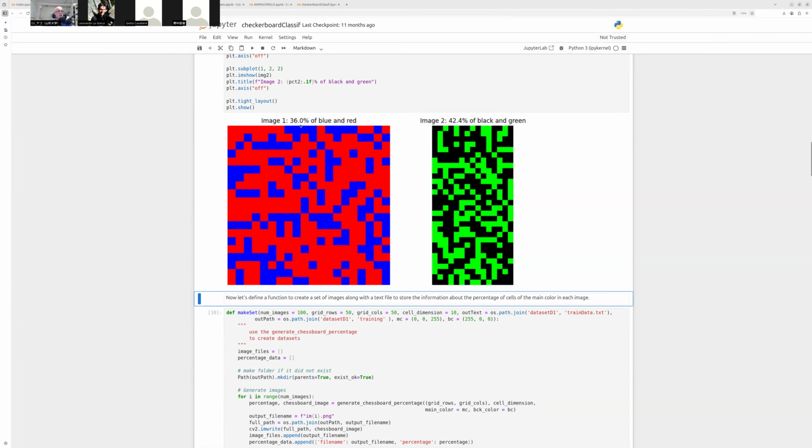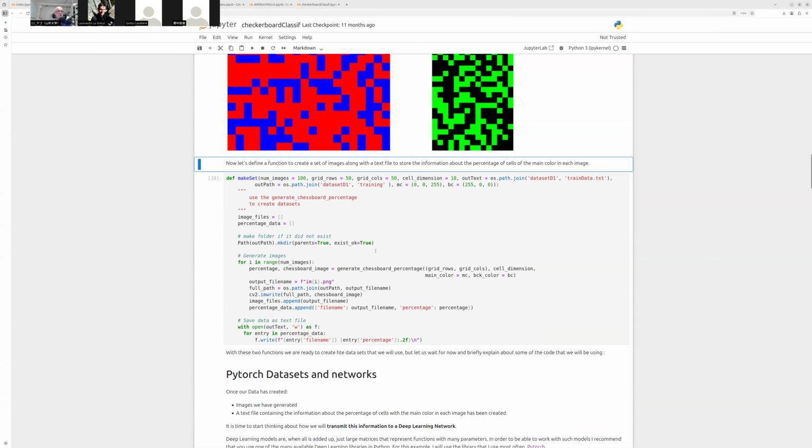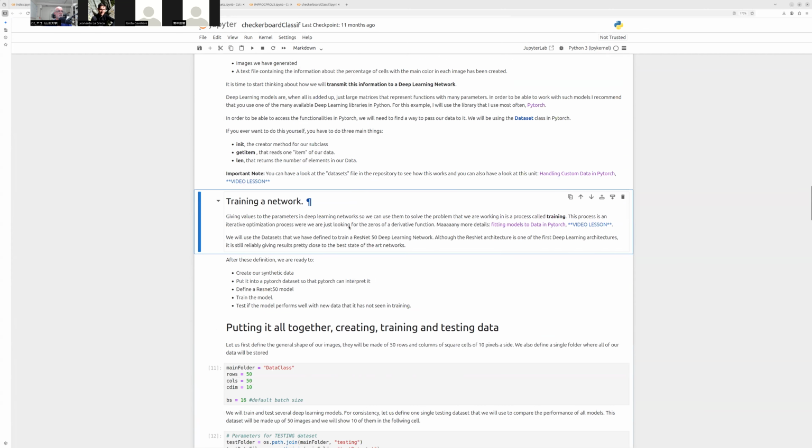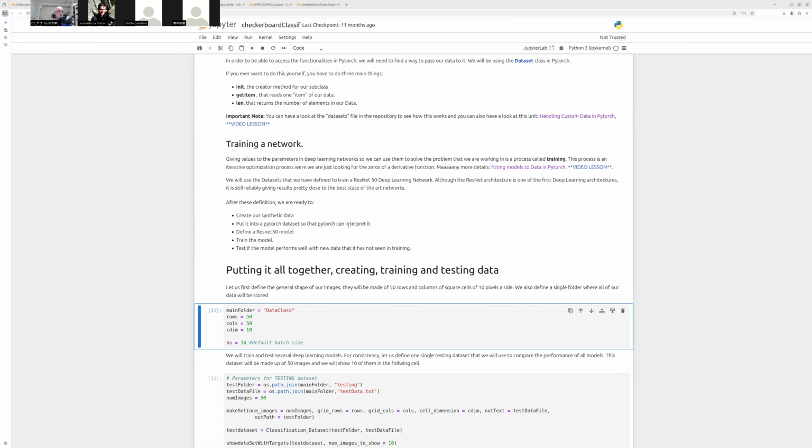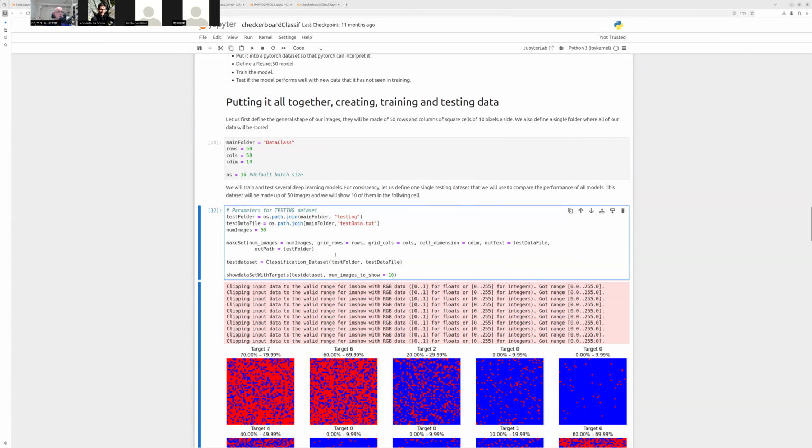For example, this is 36% blue, and then the rest is red. And here we have 42% black and then green, the rest. So we define these functions to generate this type of images that we are going to use, and then we are going to define very quickly